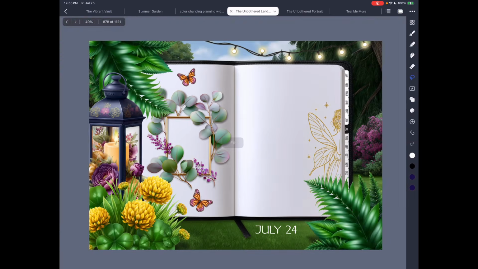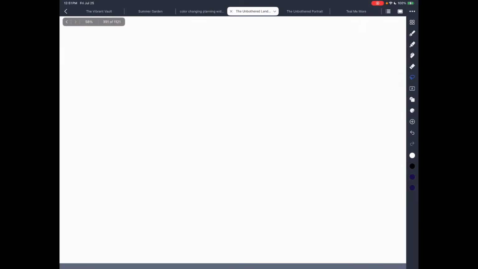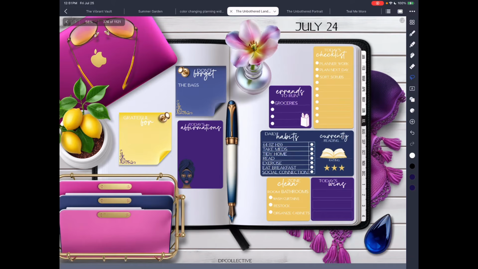Okay, and then on this page, on the top right hand corner, there's a link to take you right back to your daily page. So those 2 pages will be linked together every day, for every instance in this planner. So like July 24th journaling will be linked to July 24th daily. Okay, and then in order to get back to your regular page, you just tap on that and it takes you right back to it. Okay,